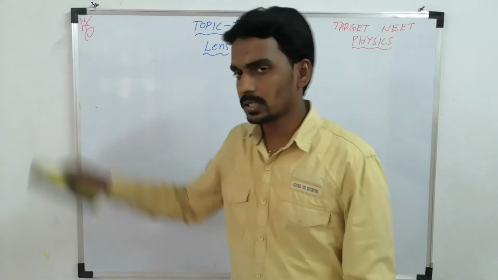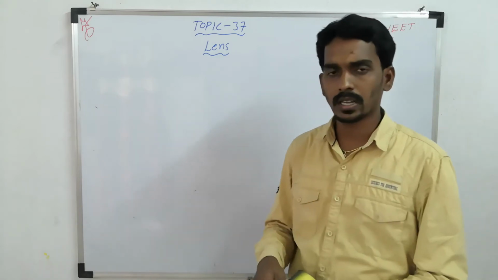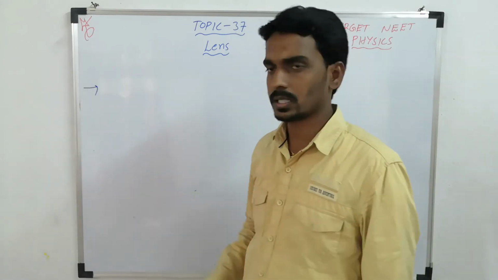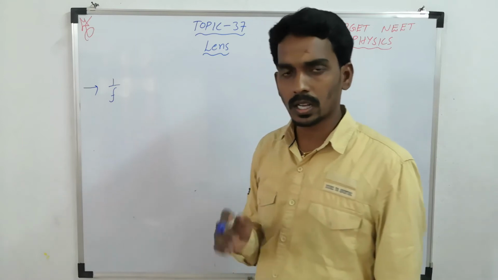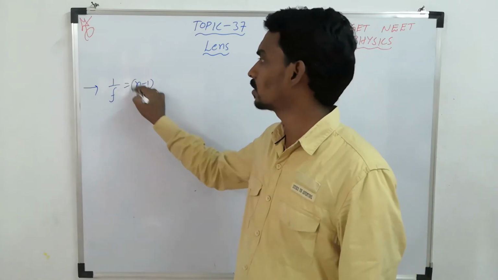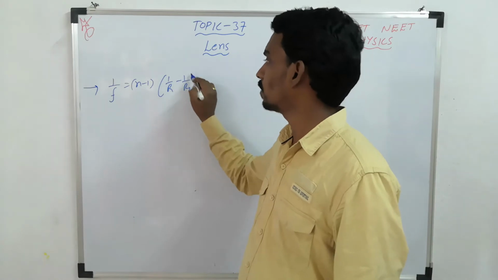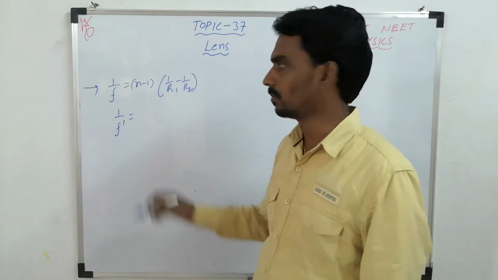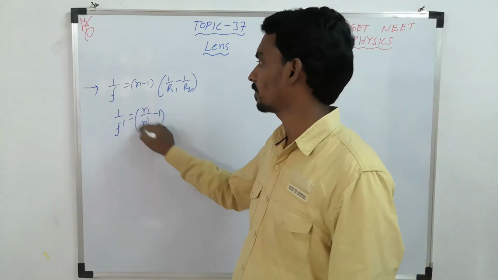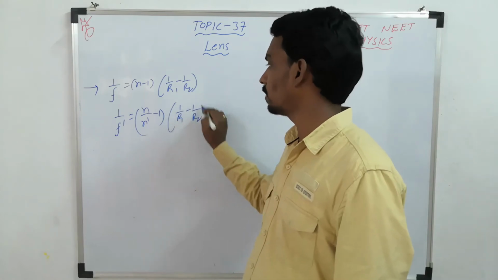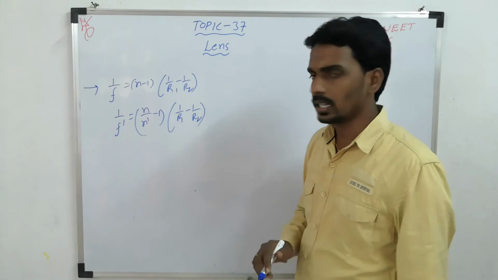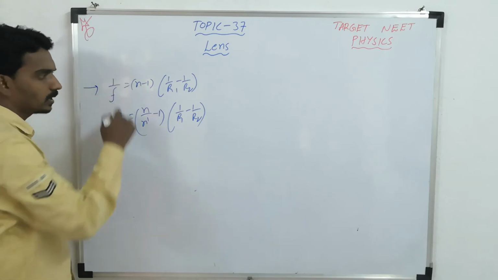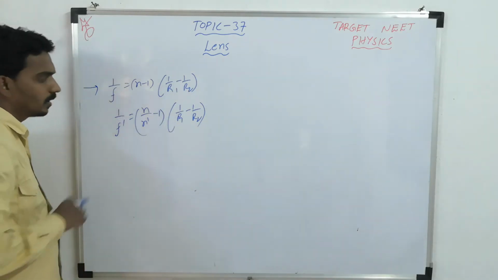Now, one question type is based on focal length, and another is based on the lens formula. They can ask, if f is the focal length in air, then 1/f = (n - 1)(1/r1 - 1/r2), and f dash is the focal length in another liquid or medium having refractive index n dash, then the corresponding formula applies. Here they can give this value and ask you for the comparison. If you take the ratio, the common terms cancel, and now you will get the focal length.